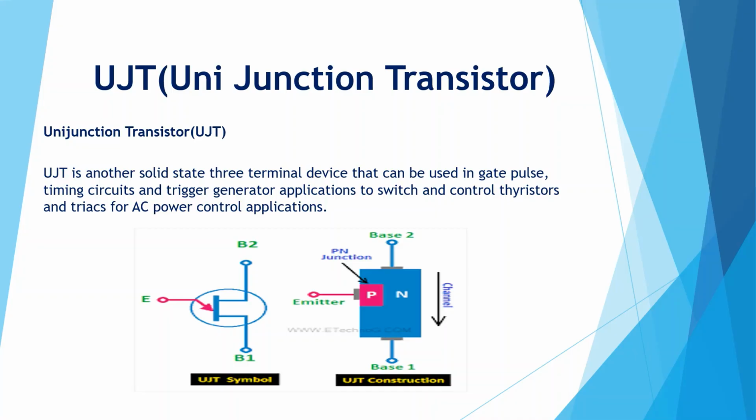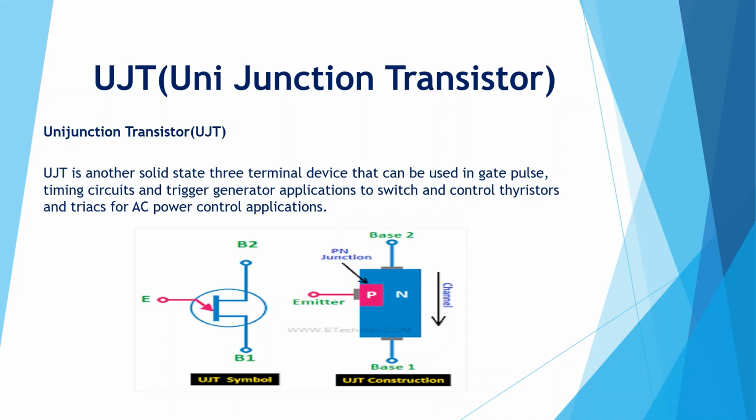Hello students, the devices which we will try to understand in this unit are generally called breakdown devices. They are solid state devices whose working depends on the phenomenon of avalanche breakdown. You already know what avalanche breakdown means. Avalanche breakdown happens when a PN junction diode is connected in reverse bias mode.